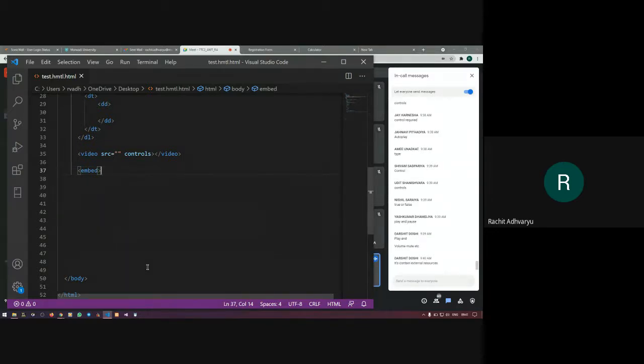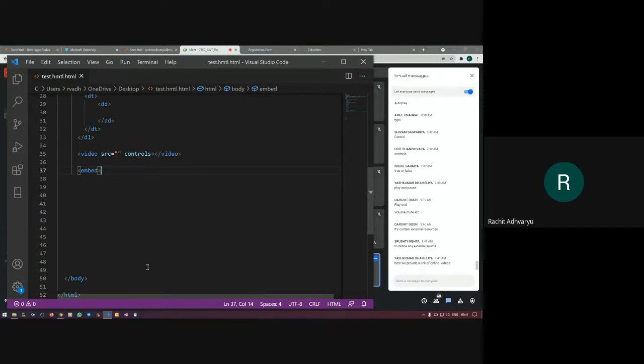It contains external resources. Exactly. Let's say for a web page, whenever this particular web page gets opened, you want the webcam to start automatically, right? So the embed command contains such types of code where it will check for any external resources that are connected to your particular system.